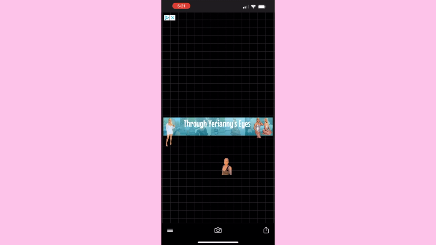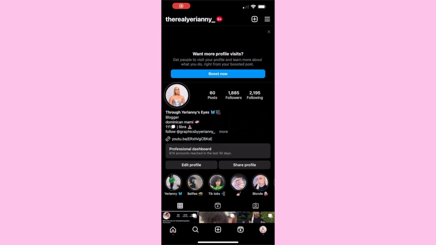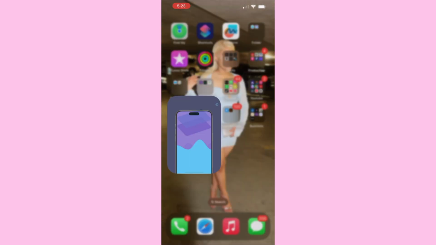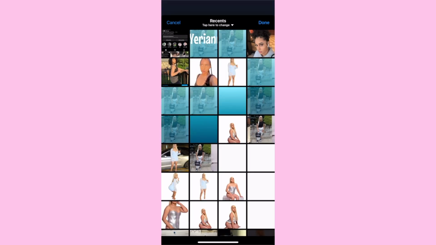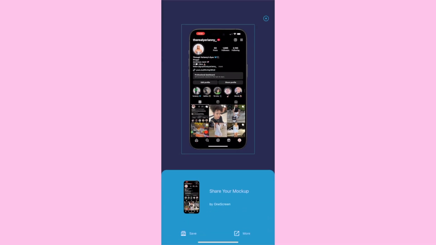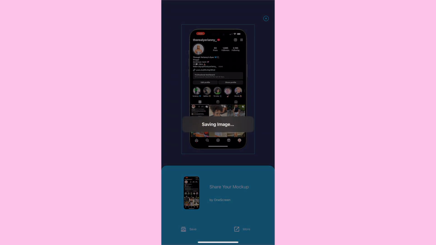Alright, so the next thing that we're going to do is go onto Instagram. Once you go on Instagram, you're going to screenshot your profile. And once you take a screenshot of your profile, you're going to download this app called One Screen. So you just add an image and then select the screenshot that you just took, and this is what it should look like. Then you save it onto your camera roll,